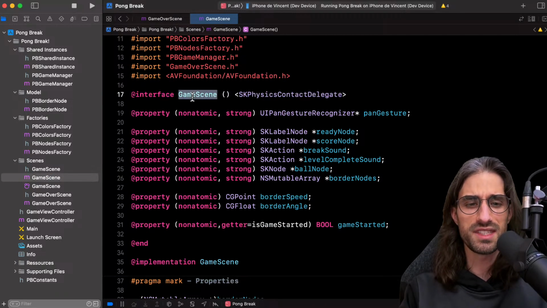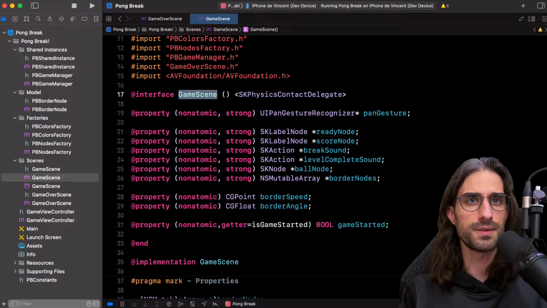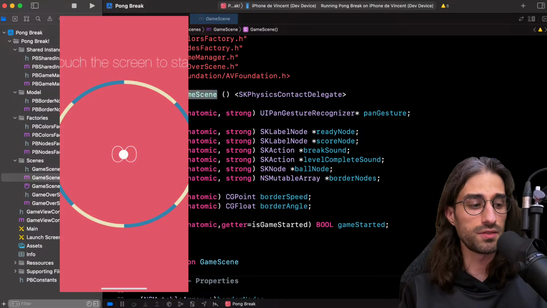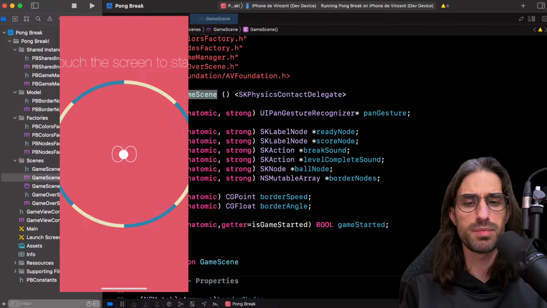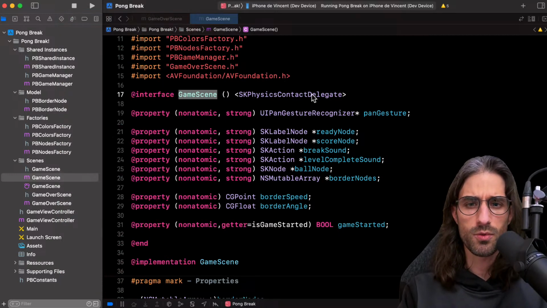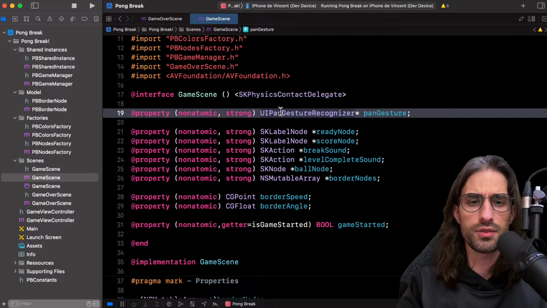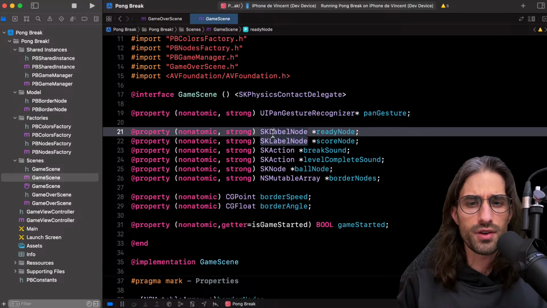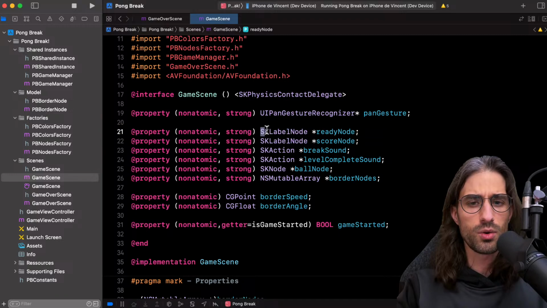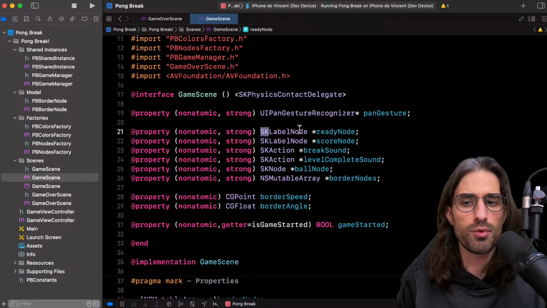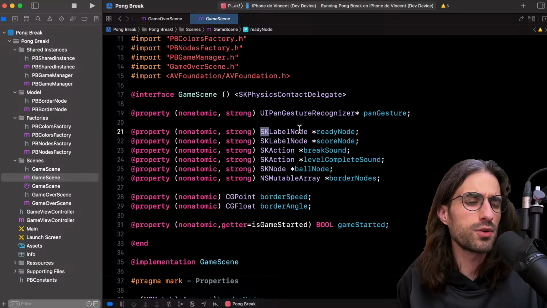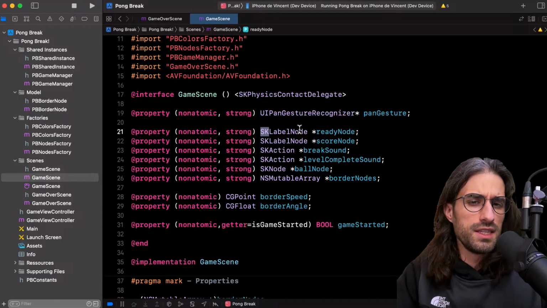So I have the game scene, which is the view that you see being displayed on the screen. So what do we have? We have a gesture recognizer to recognize when I am swiping over the screen. We have what SpriteKit calls a node. A node in SpriteKit is kind of like a view in UIKit.